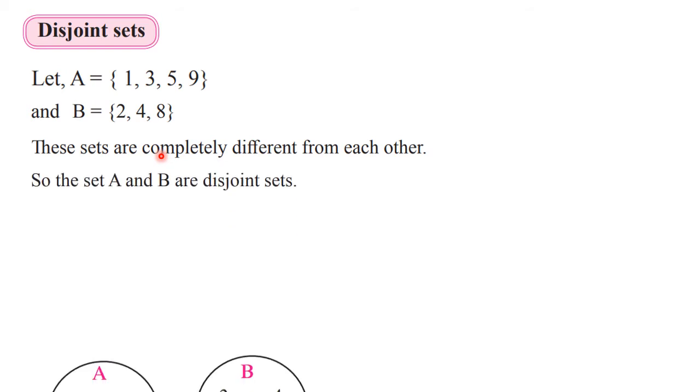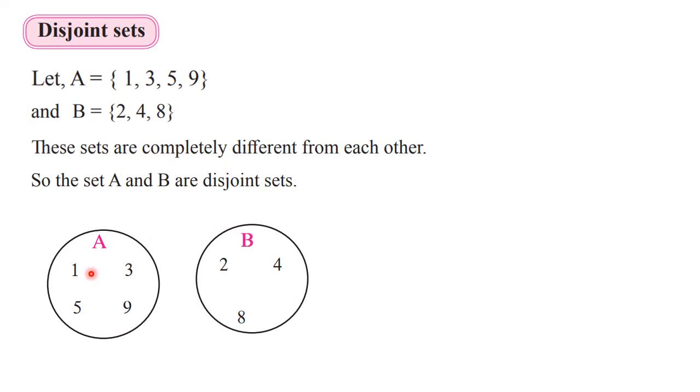These sets are completely different from each other. And if we want to show them by using a Venn diagram, we have to show it like this. Two separate circles we are drawing, they are not intersecting because nothing is common in them. We cannot even draw touching circles. So two different circles or two different figures you will draw to show these sets. Such sets are called disjoint sets. What we can say is that the intersection of these two sets is a null set. Nothing is common in that.